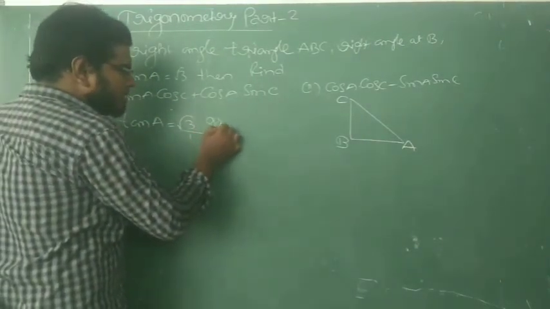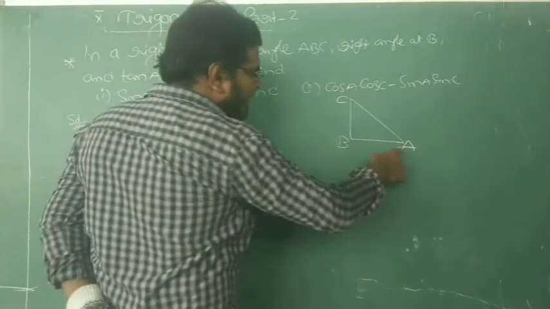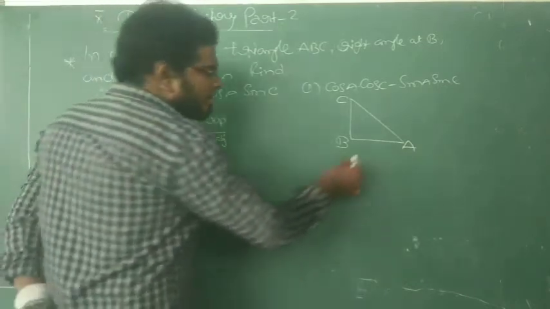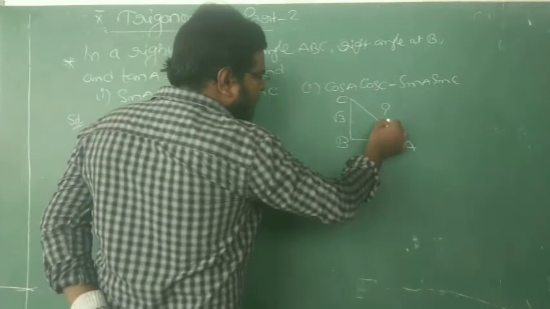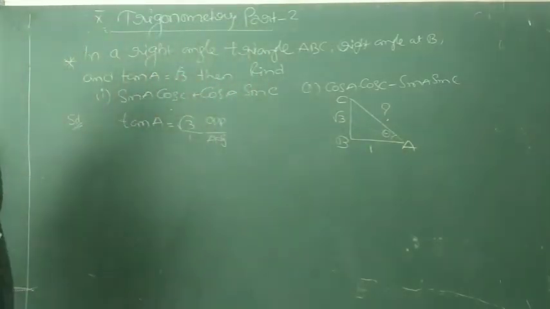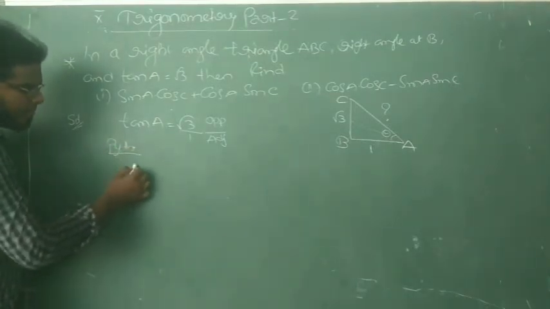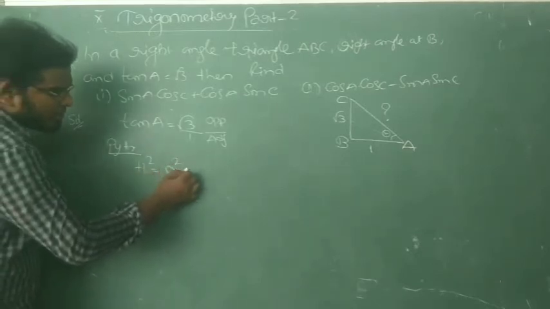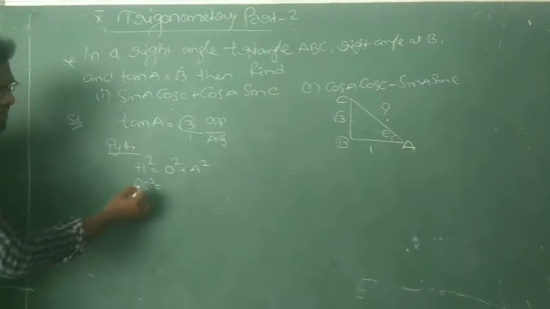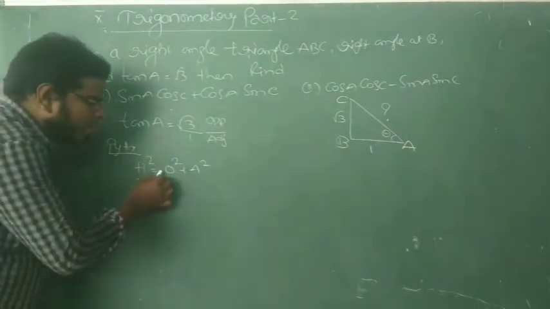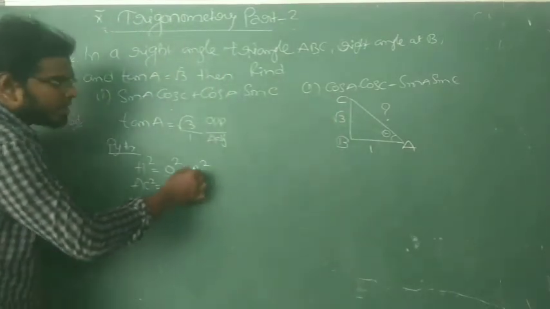And this is the opposite side. This one is the adjacent side. Right here, in this, which one is tan A? It's correct. And this is the theta. This one is the opposite side, this one is the adjacent side. Now we want to find the AC. AC means the hypotenuse. According to the Pythagoras formula, what is the Pythagoras formula? Hypotenuse square is equal to opposite square plus adjacent square. What the hypotenuse square is, there is no value, that's why I am writing the AC square. Right? And opposite square: opposite means root 3, and this is the whole square. And adjacent means 1.